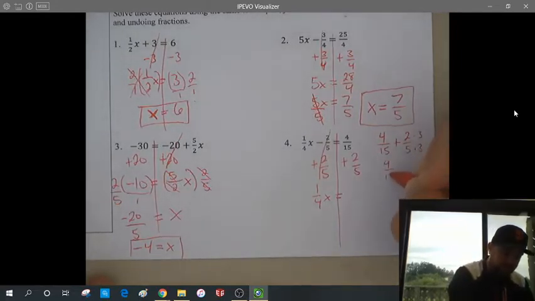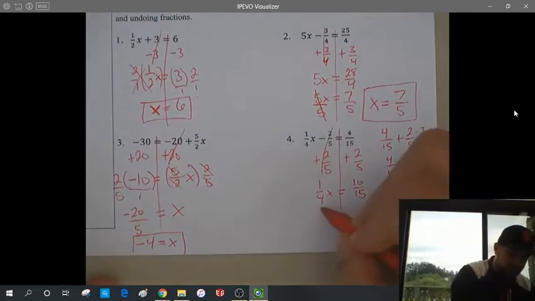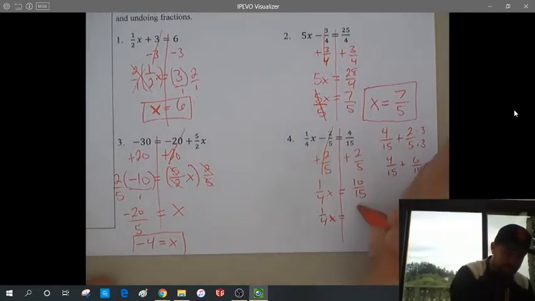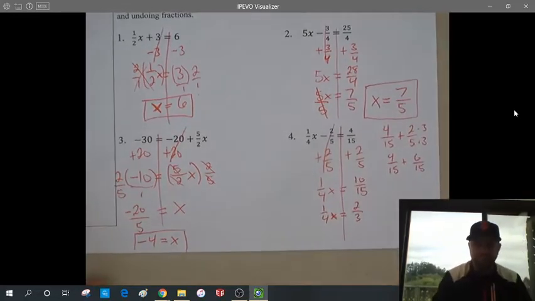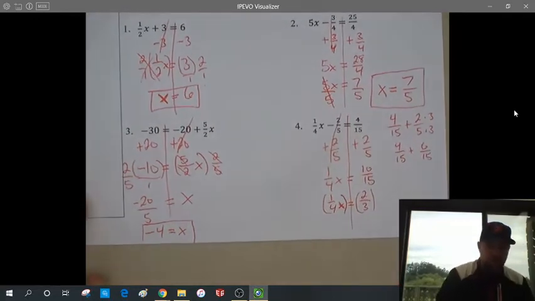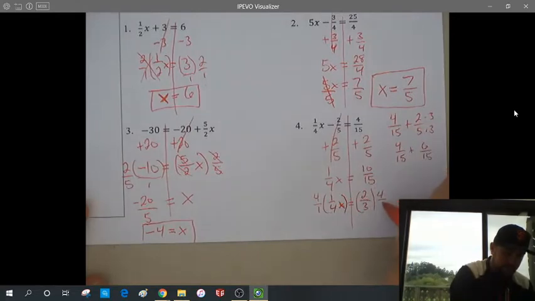So it'll be 4/15 plus 6/15. And in total, that means it's going to make 10/15, which I can reduce. So if I reduce that down, divide both by 5 on top and bottom, it'll make 2/3 for me. Now, undo my fractional coefficient by multiplying both sides by its reciprocal, which in this case, since